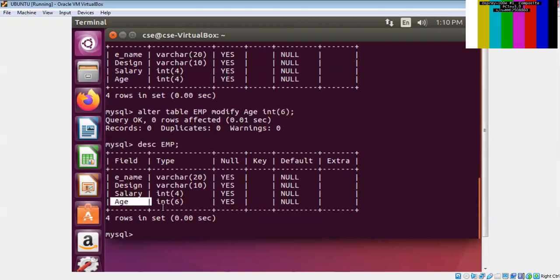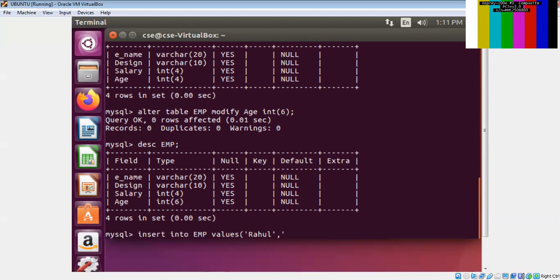Now I want to delete this. Suppose I am inserting one record. Again, do not make spelling mistakes. As I said, insert into table name emp values, in brackets, values in quotes. First is ename. Suppose name is Rahul. Then next is designation.